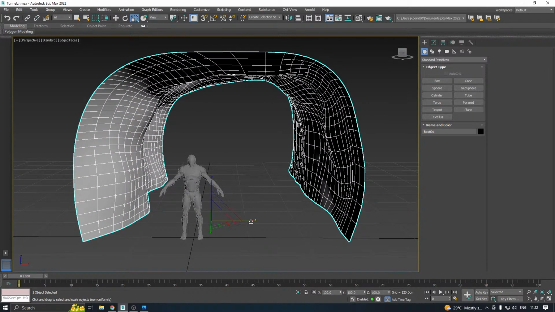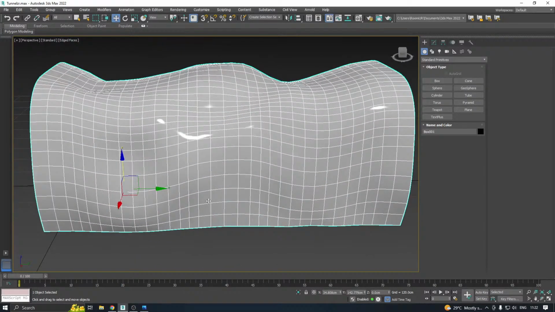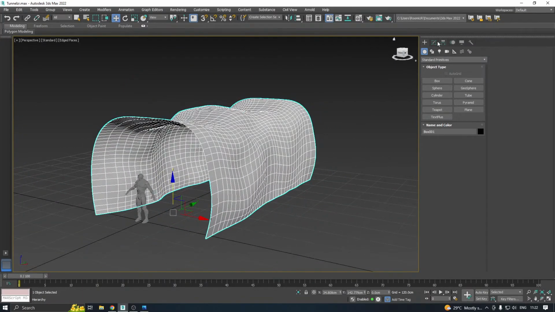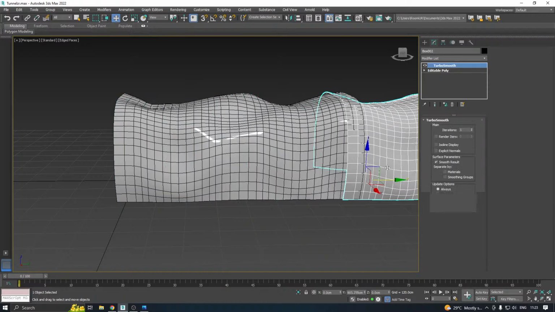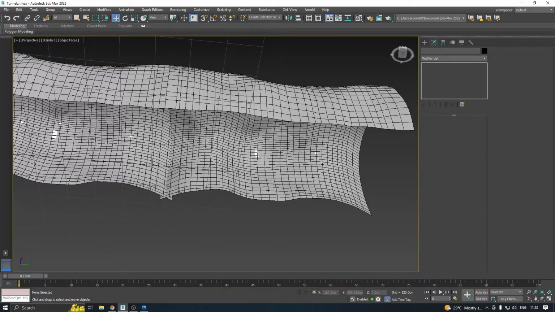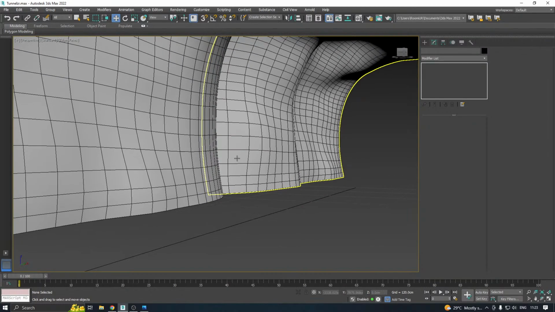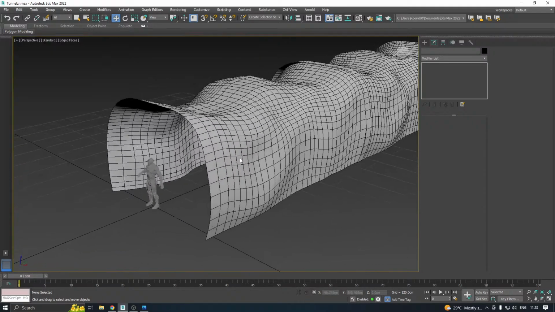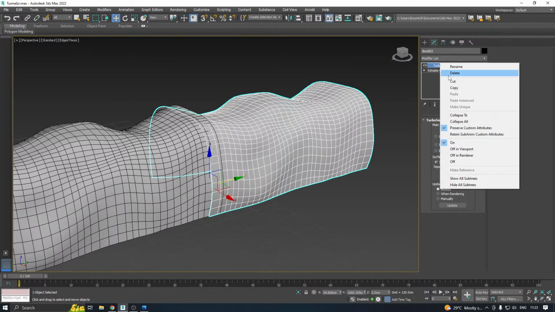Maybe we should change the size. So if I duplicate this tunnel, sorry. Anyway, I'm gonna delete this one